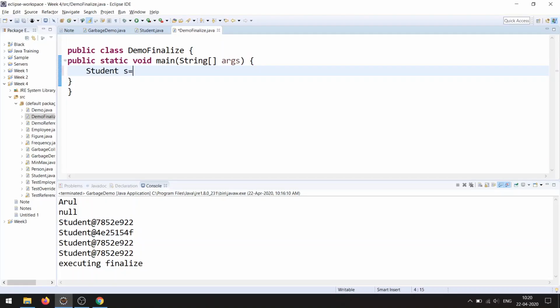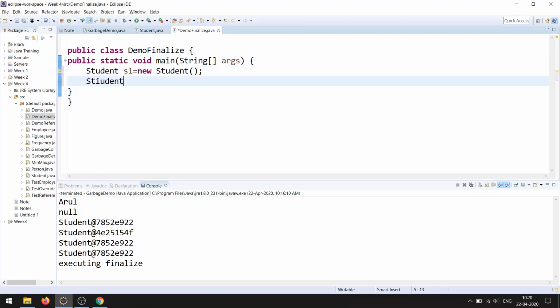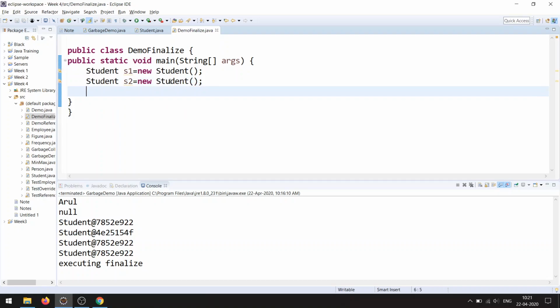So Student S1 equals new Student. Now S2 equals new Student. So now we have two objects, right?